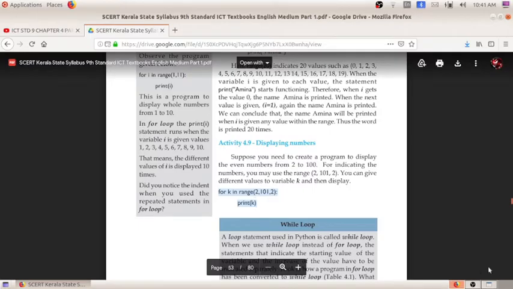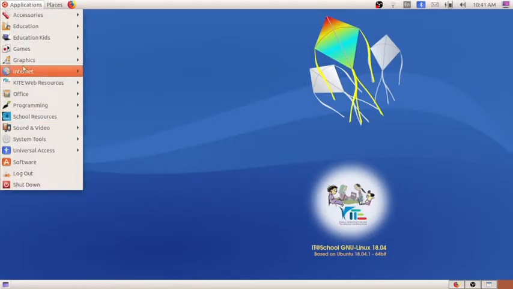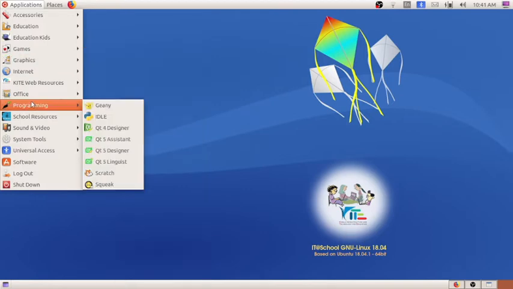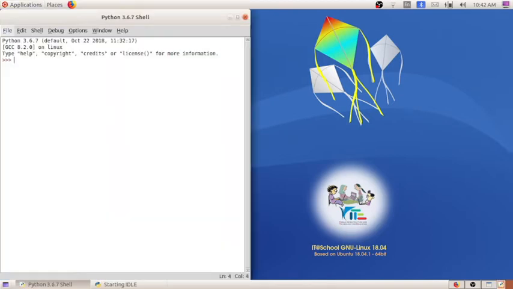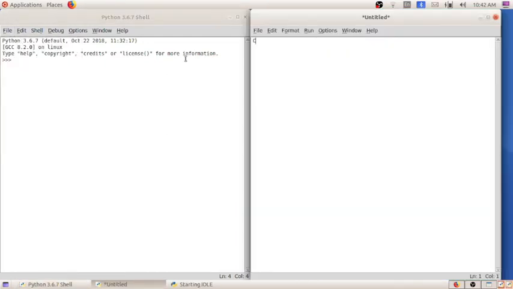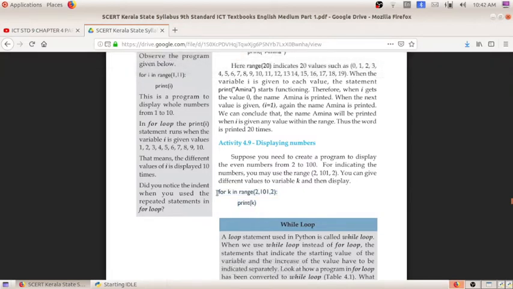So how can we do that? Go to the application, then programming, IDLE. We are opening File, New File. Here I am going to type the program. What is the program? You can see here: for k in range of 2, 101, 2.